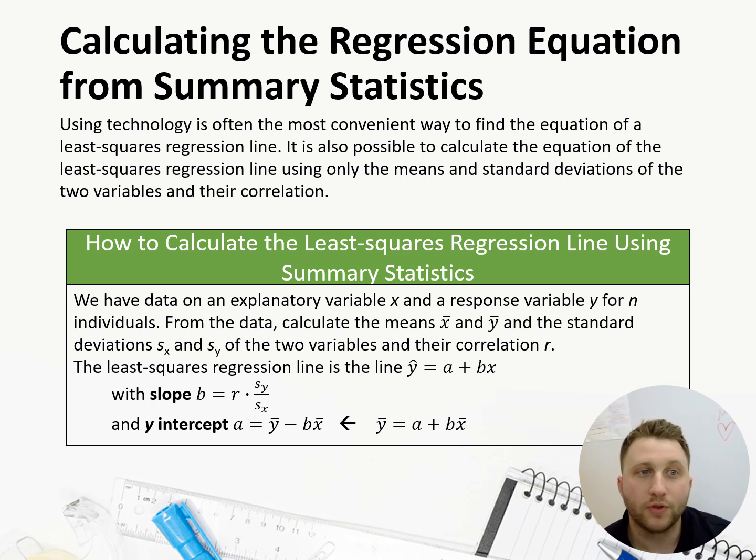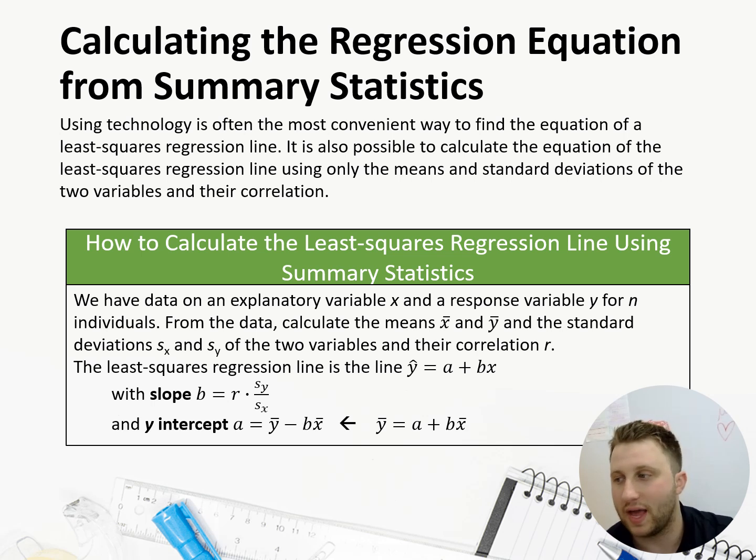So there's a couple different ways to find the equation of a least squares regression line. The first of which is the least common and algebraically the hardest. But essentially, you would use the formulas on the formula sheet that are reproduced for you here to find B first by taking R and multiplying it by the standard deviation in the y direction over the standard deviation in the x direction. And then you're going to plug that in to the formula that is here on the right: